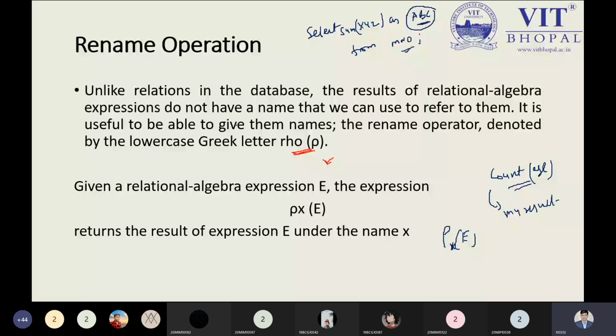If you remember, we used the aggregate functions, count, minimum, and maximum, on the user tables. In that case, I don't want to display the column name as count. I want to display the column name as result or total unique name. So while displaying the data, you just need to rename the column name. At that time, the rename operation will be used. Rename is represented by the symbol known as the lowercase Greek letter rho. With the help of the rho symbol, we can display our alias name.